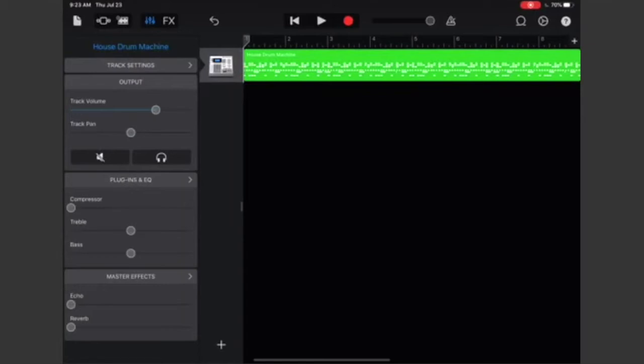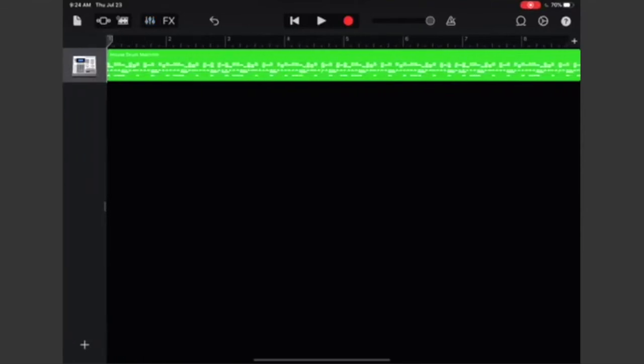Next to that is FX. I'm going to get to that later. Next to that is undo. And then you've got all your buttons you saw before. There is a little button before the settings that looks like a roller coaster. Those are live loops, and I'm going to get into that in a little bit. So I'm just going to click on my little gauge or levels to make that go away.